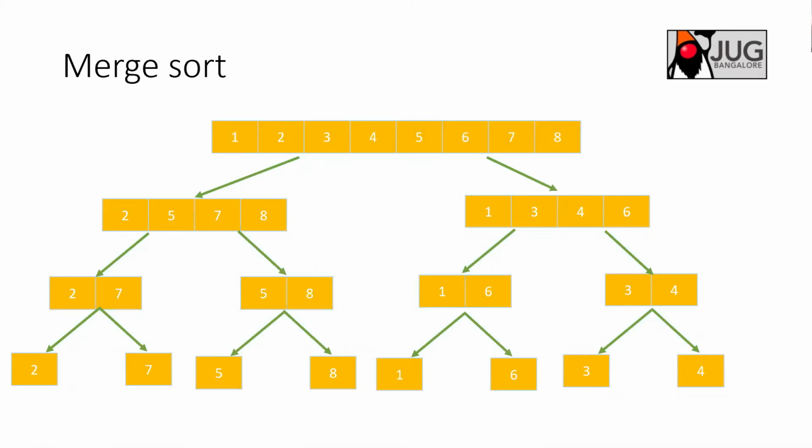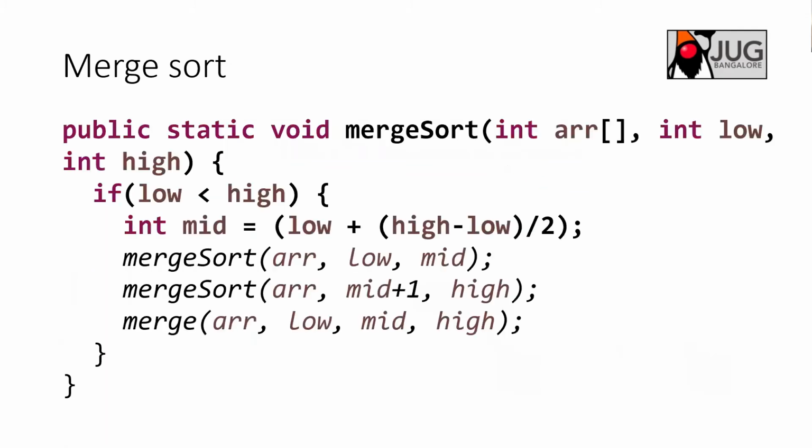If you see the algorithm, it is pretty simple. What I'm doing is dividing the array into two equal halves based on the mid element, so low plus high by 2. Somebody asked how you can avoid integer overflow. This is the logic: low plus (high minus low) by 2. It's nothing but low plus high by 2. Okay, so I take a mid, and then I call merge sort on the left subarray as well as merge sort on the right subarray, and then finally I'll call a merge.